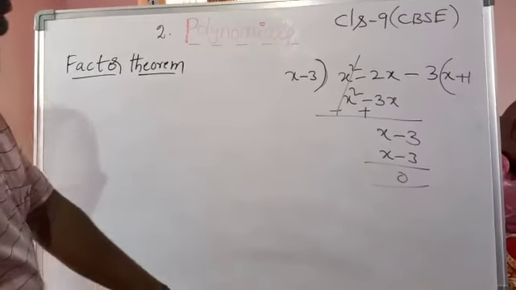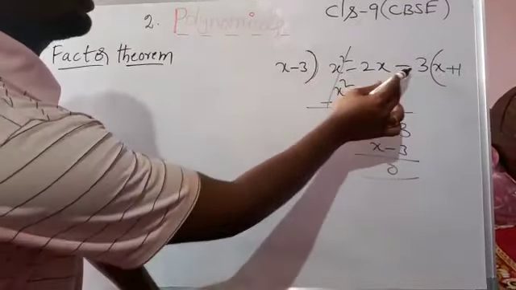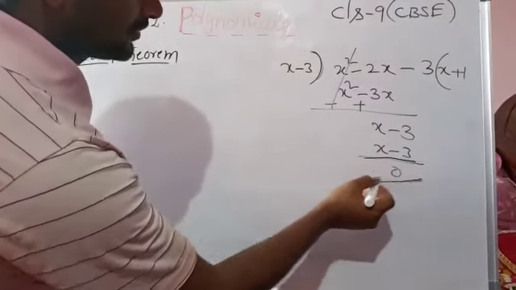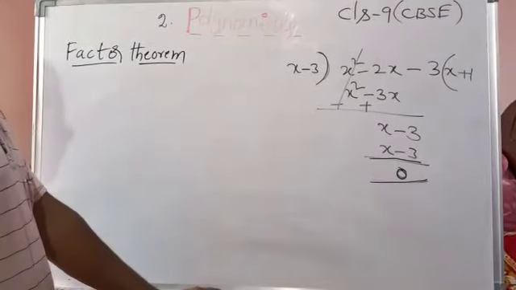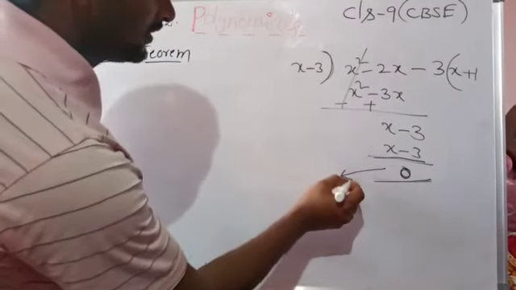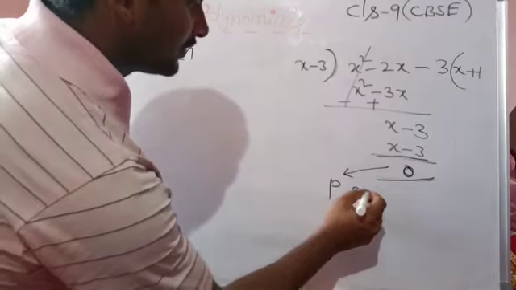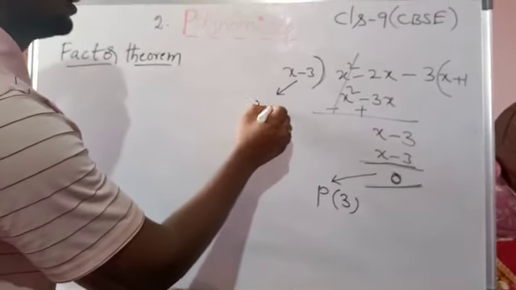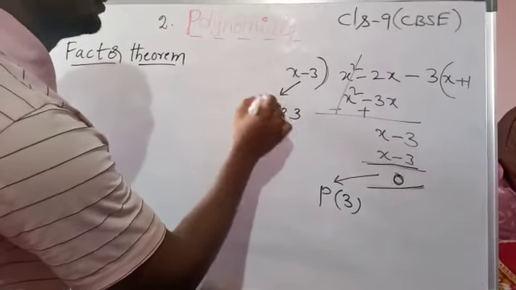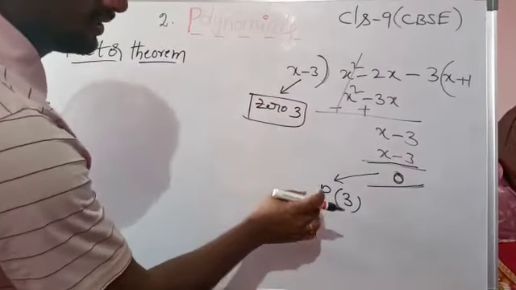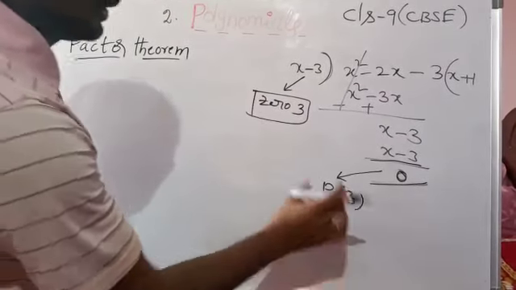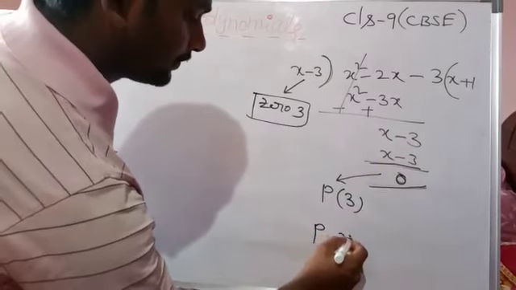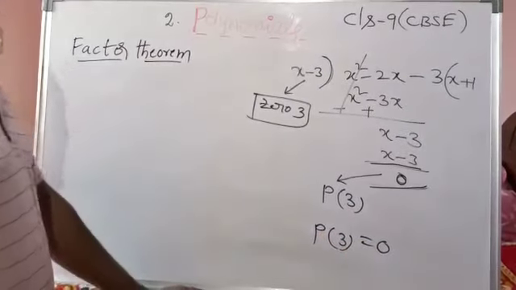See, students, here one example, x square minus 2x minus 3 is dividing with x minus 3. So here remainder is 0, students. Remainder is 0. So by following remainder theorem, what is the remainder, students? Remainder is p of 3. Already we know the 0 of this is 3. So p of 3 is the remainder. So here finally what we can say, students? P of 3 is equal to what? P of 3 is equal to 0.